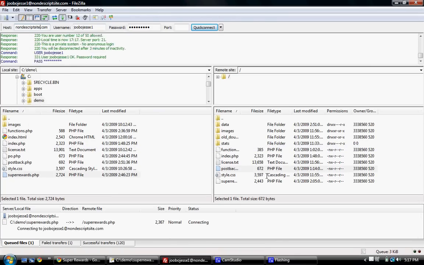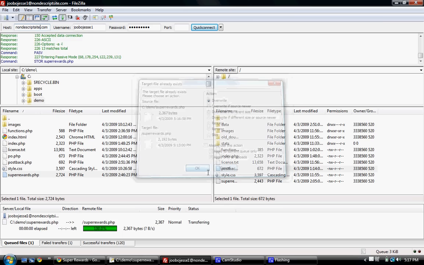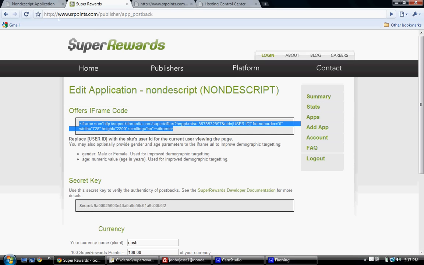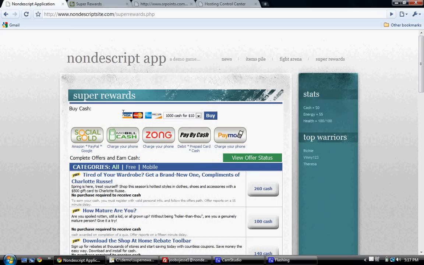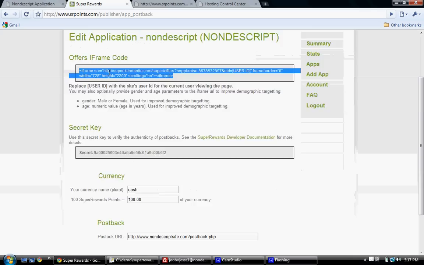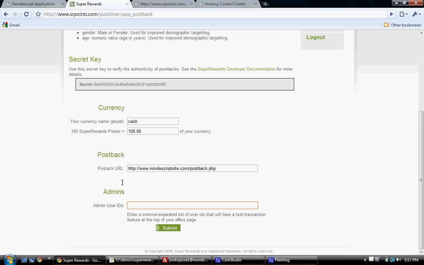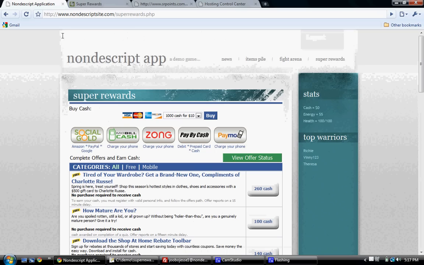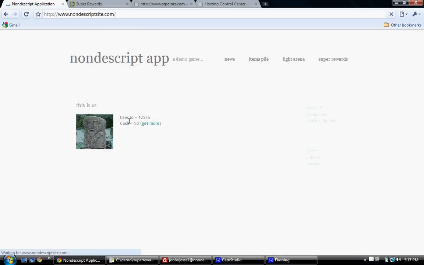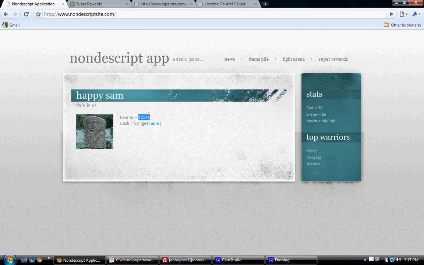Alright, let's go back and take a look. And it looks like the Super Rewards page is loading fine. So now let's test it. If we wanted to test it, we could go through and try these offers or pay on it. But the easier way is to go on the Super Rewards site again. You'll notice on the bottom there's a space to enter admin user IDs. On the home page, you'll also notice that I've said what my user ID is, and it's 12345. I'm going to copy that, enter that in here, and so now the app has been updated,